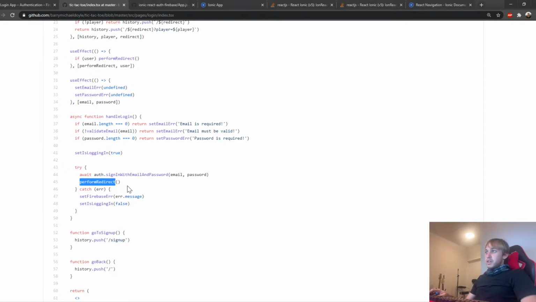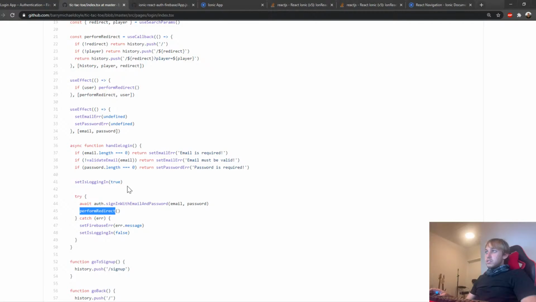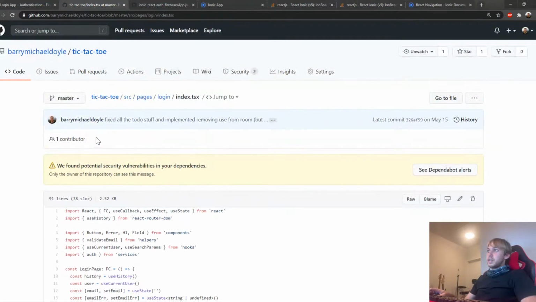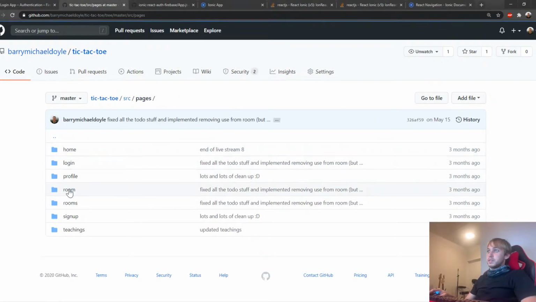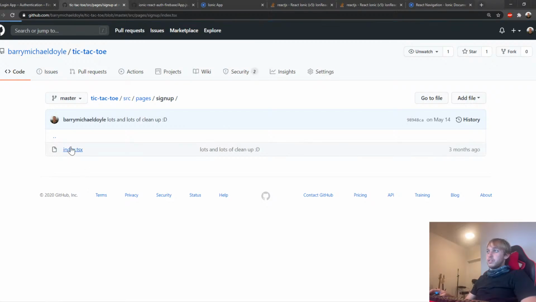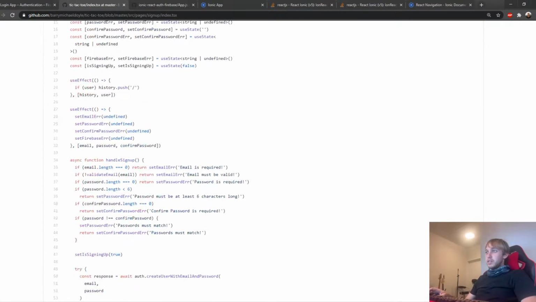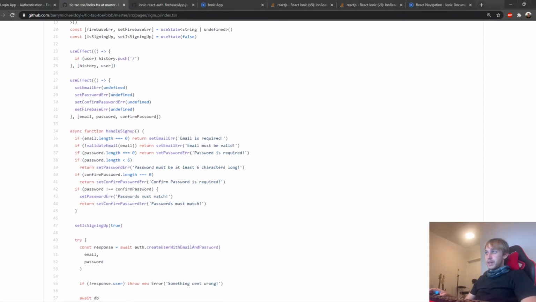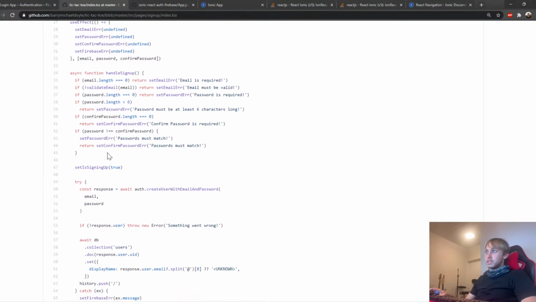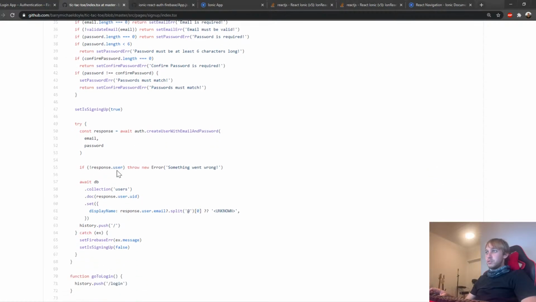Okay, there's a perform redirect thing that I did there. Don't need to do that. Oh, this is login. I need to do sign up. Sign up is where I'll create a user. So in the sign up function here, I made a handle sign up function where I did the validation checks and all that stuff. And then I said set is sign up true, and then I did the whole await create user with email password. So after that was done,